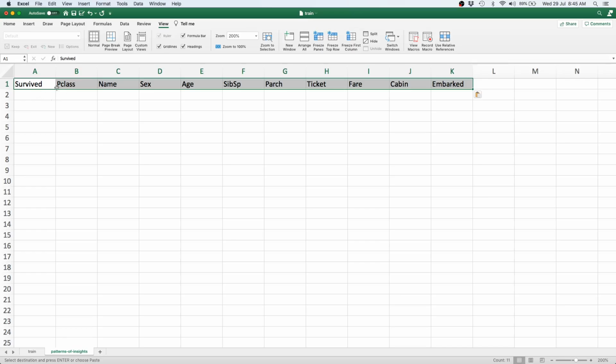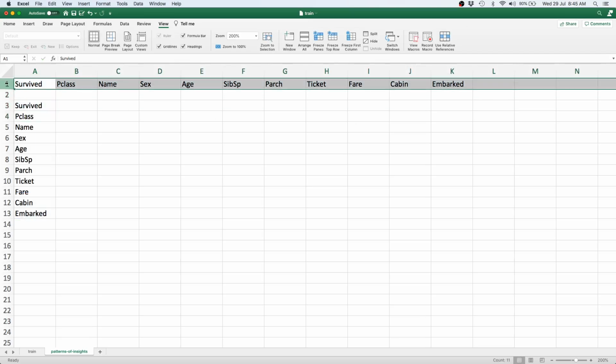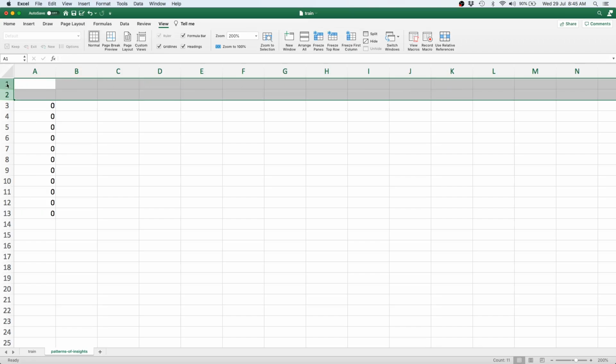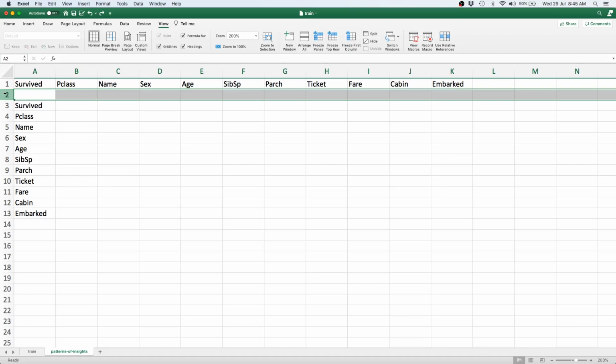Actually, we shouldn't be having them like this. Let's try and lay them out in rows. So we can do something like transpose of this particular selection and then close it, and there we are. So we can try and see if we can delete this. Well, you see, we can't delete this because then the transpose will mess up. So let's leave it like that. Let's just delete this particular row.